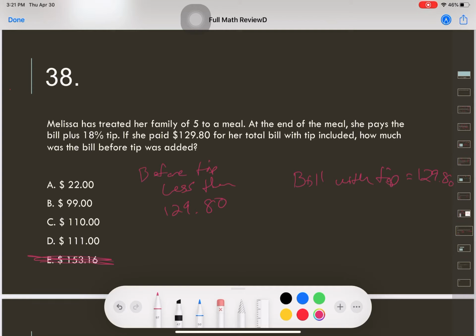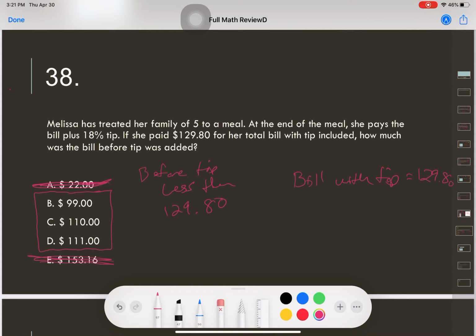Now we have to figure out which one of these would make sense. So ruling out E makes things a little easier. Now, think of this. If the meal was a certain amount and the tip was 18% beyond that, so the tip is just a little bit more, then the meal is probably going to be in the $100 to $115 range, somewhere in there. So we know it's either got to be B, C, or D, because there's no way you're buying a $22 meal for 5 people and then adding an 18% tip that would get you